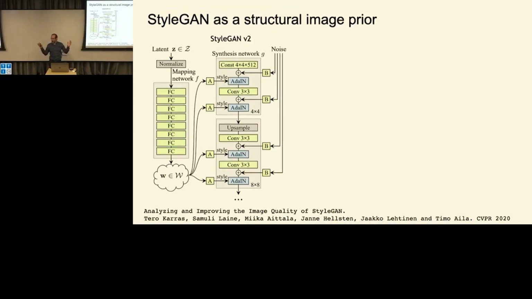For instance, we know that GANs are really good at rendering images. So they have some structural prior that tells you what makes a natural image a natural image. So we can use this to also generate data. But we are not allowed to train because I don't want to have real images. So you cannot train this GAN. So what we can do is just put random weights into it. And what we found is that if you select the weights in a particular way, putting wavelets in a particular arrangement, it actually starts creating images that look interesting.